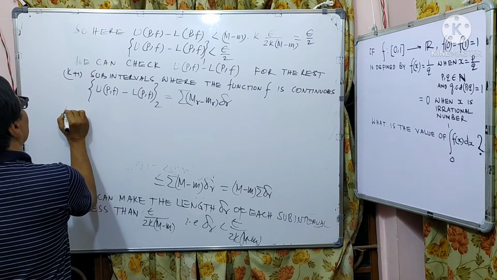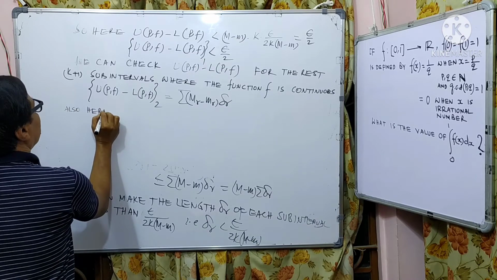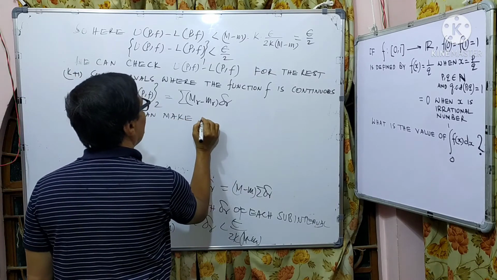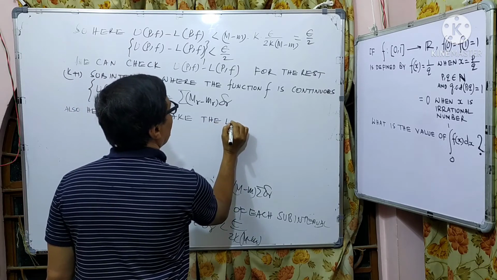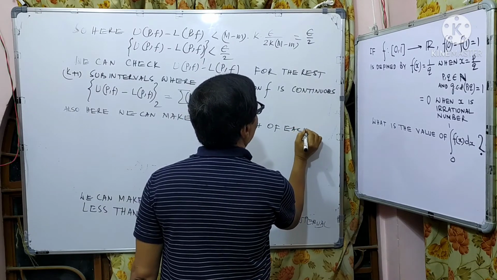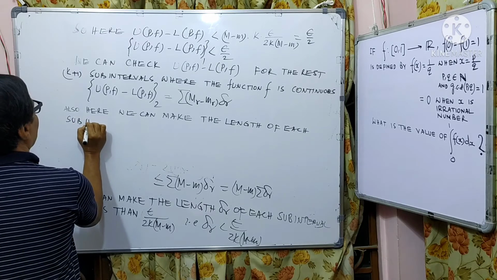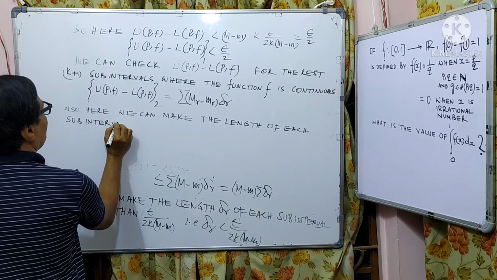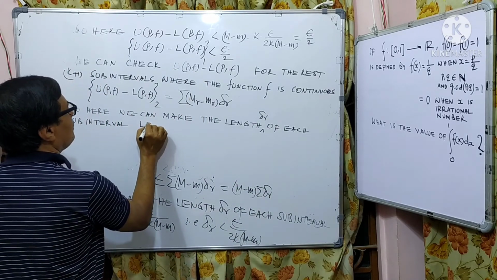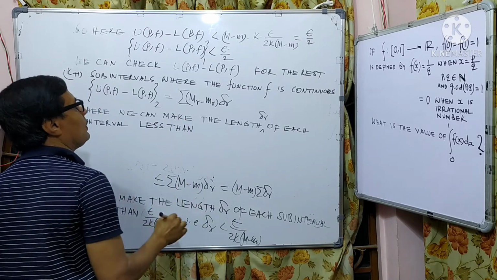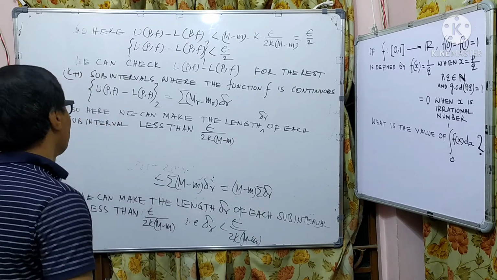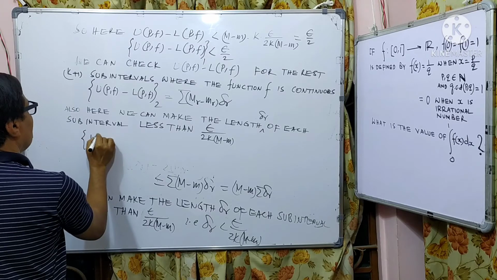Also here we can make each length of each subinterval, length del R of each subinterval, less than epsilon over 2k into M minus m. Now the value of this quantity, there is UPF minus LPF